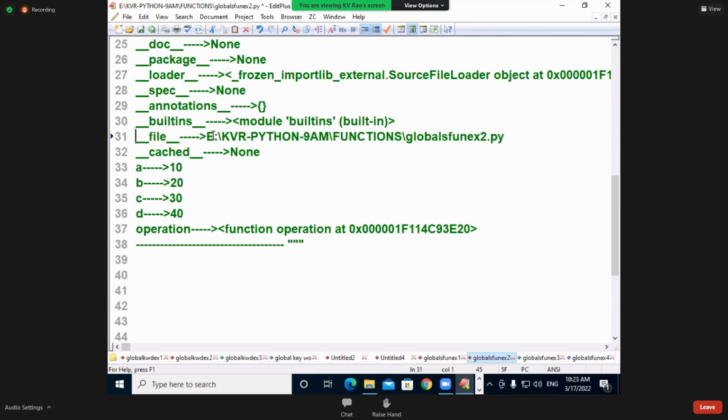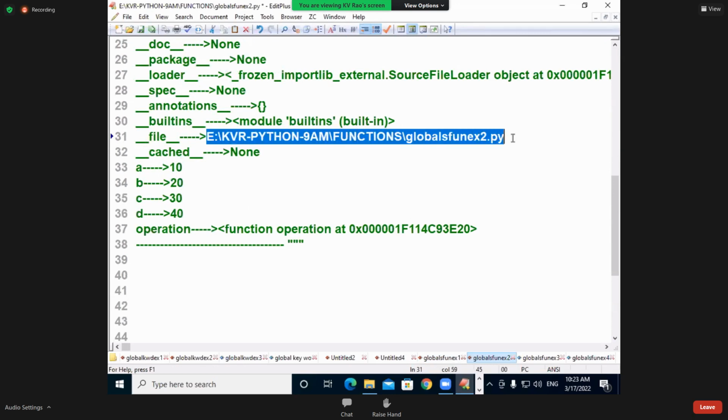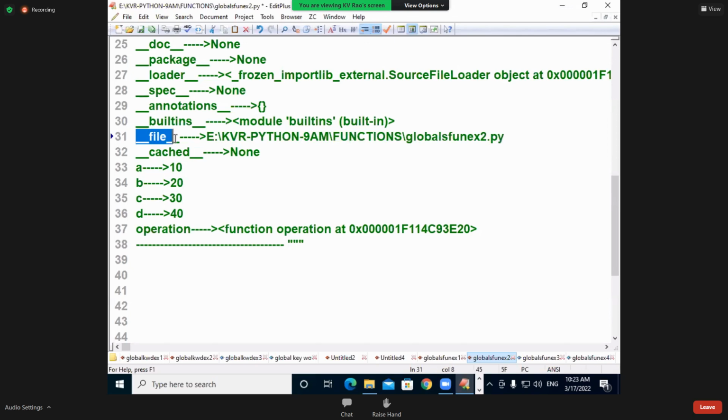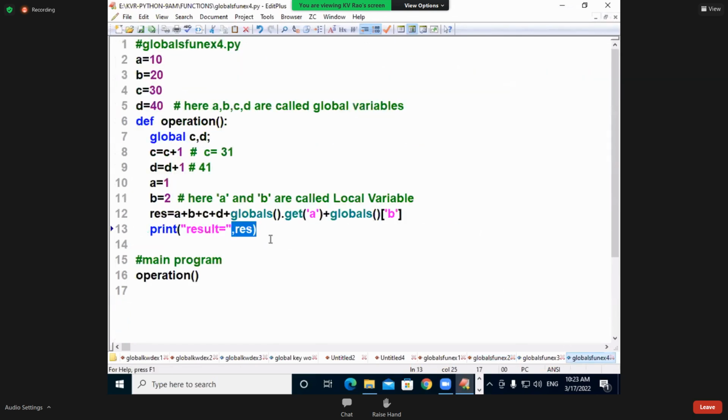What is our function name? This is our function name or not? What is the variable name? Underscore file name. Sir, how to get it, sir? Please print here, sir. Now, see. File name is equal to, come on, students, globals dot get of